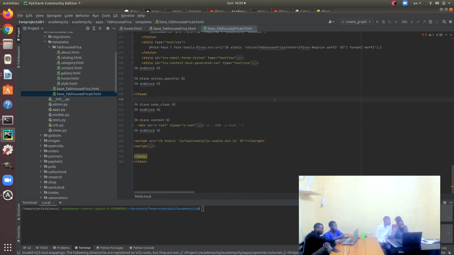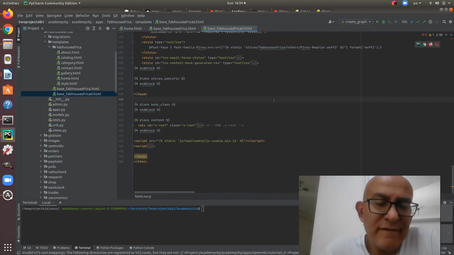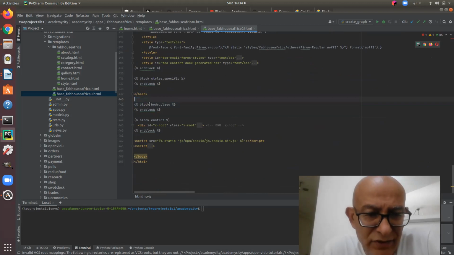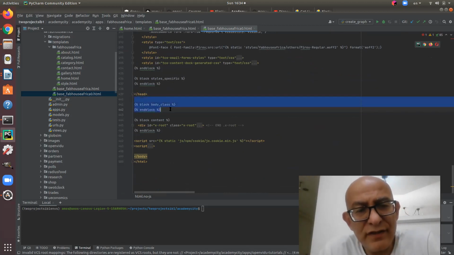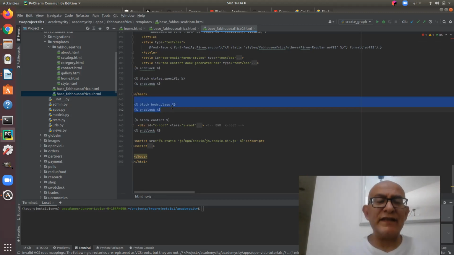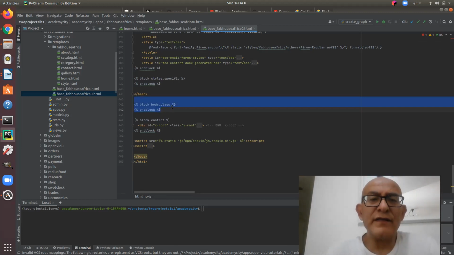Yes, the body should be there. But we did a trick, remember? Yeah. We removed the body here. Usually we put the body here and the whole thing is inside. But we made a nice trick here. We said every page we extend from might have a different styling. And that's why we made